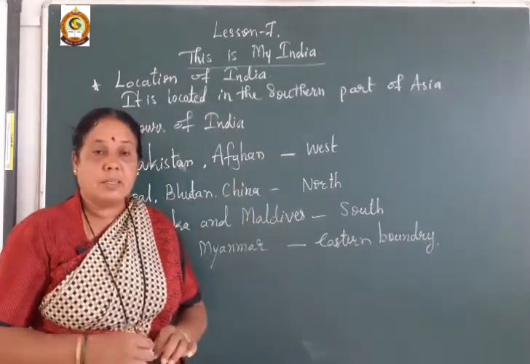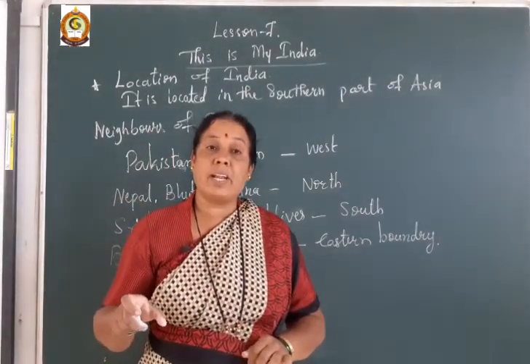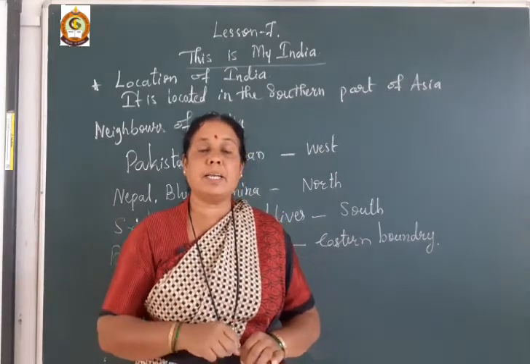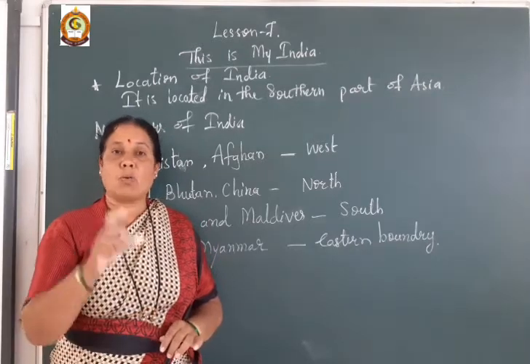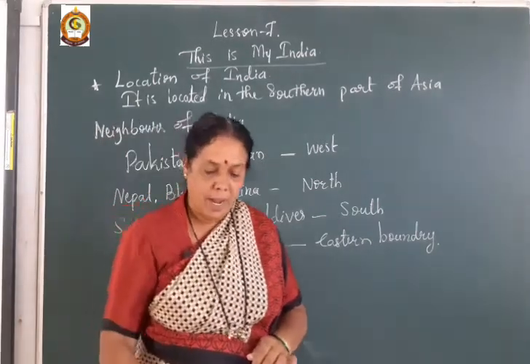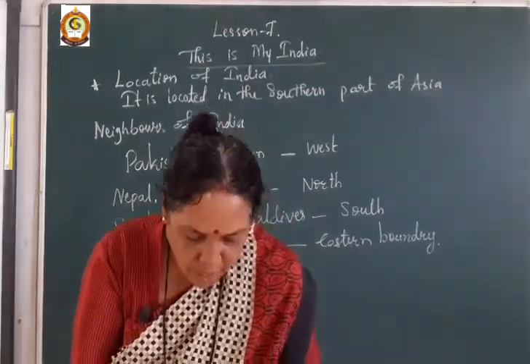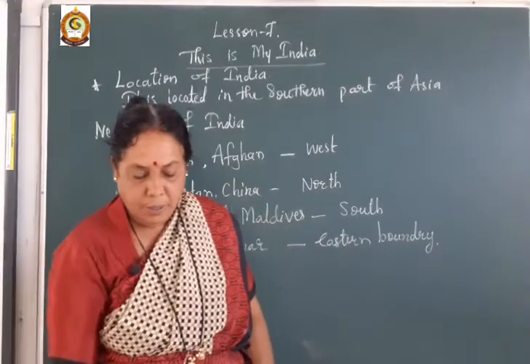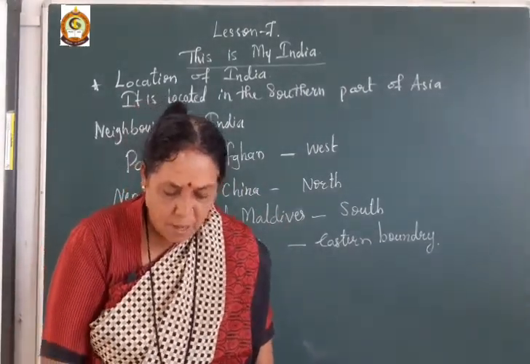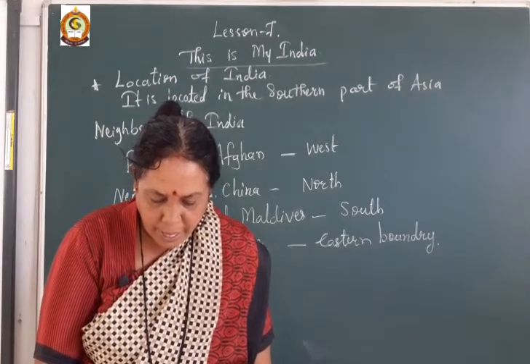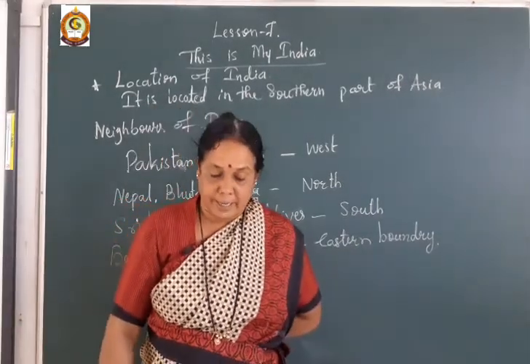So dear student, this activity I will give you. You have to write down the names of 29 states and their capital cities, and 8 union territories and their capital cities. Okay, you have to make a chart of this and send it to my personal number. Understand, dear student? So this is about the 29 states and union territories of the country.